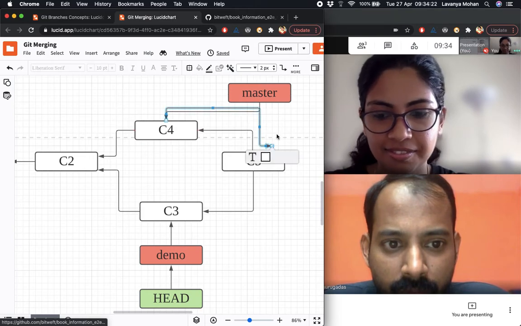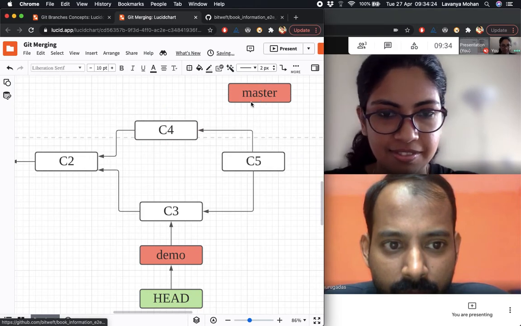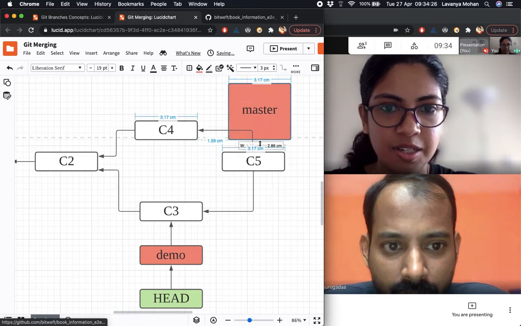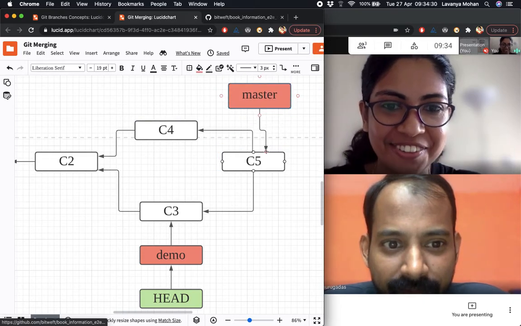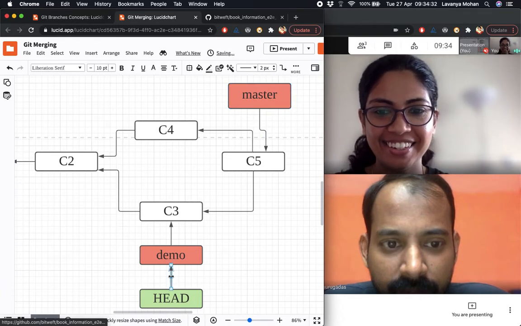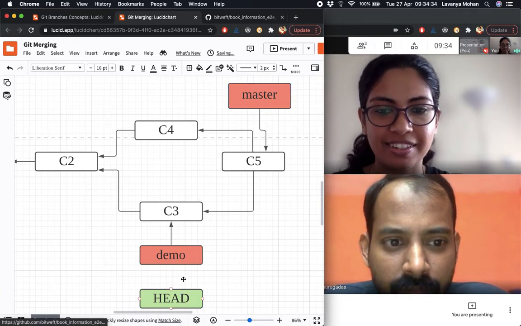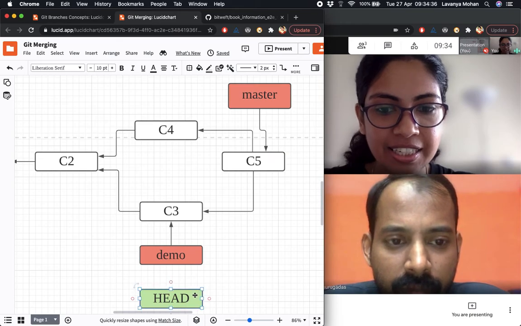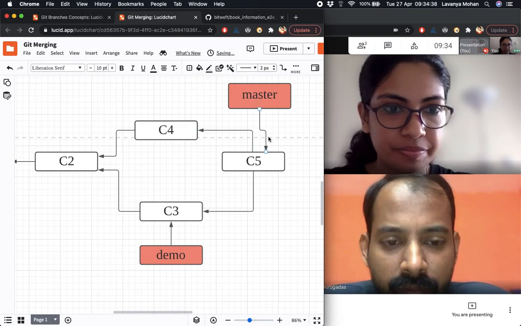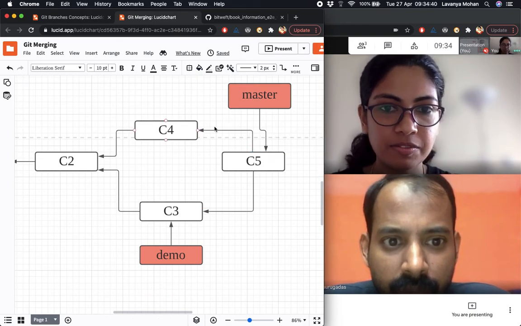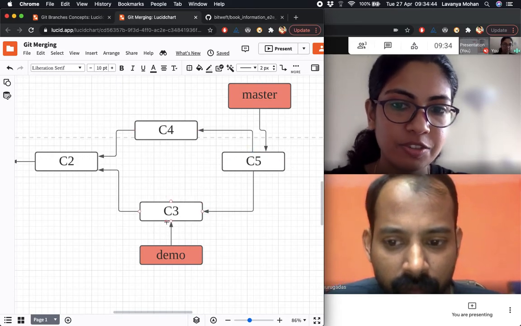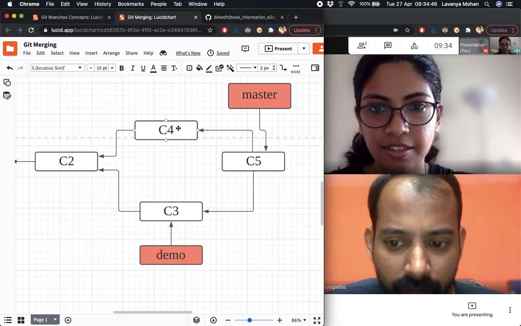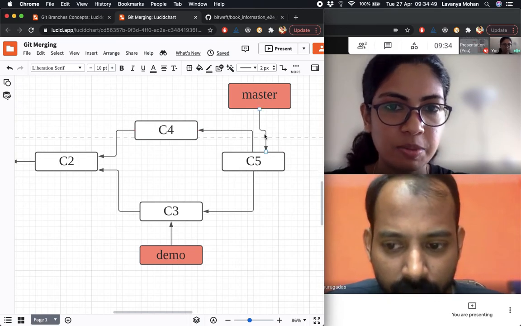Just assume head is there right now. So it creates a new commit called merge commit, which points to both of these, and that means all the changes from both demo and the earlier master branch are present now.